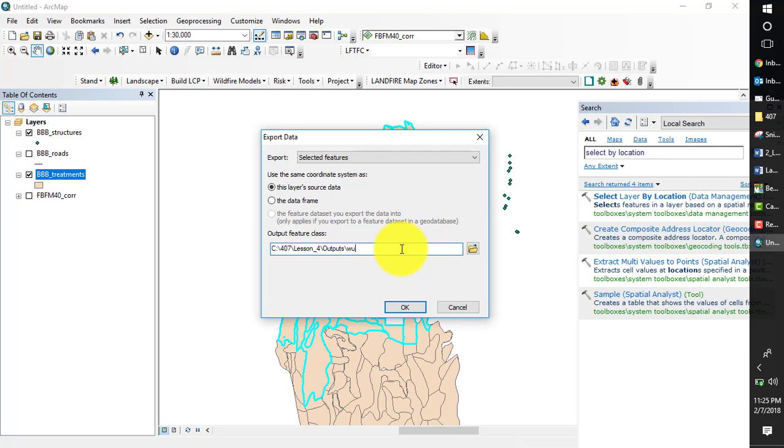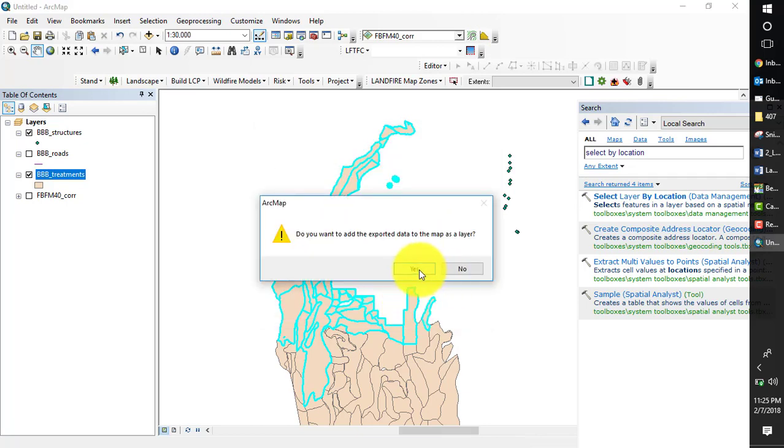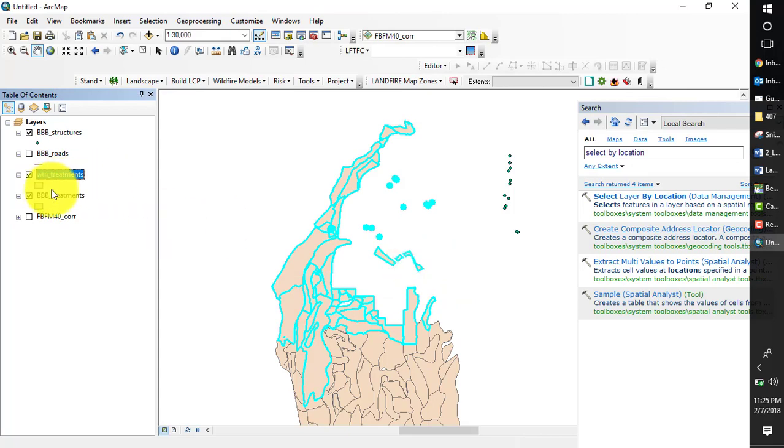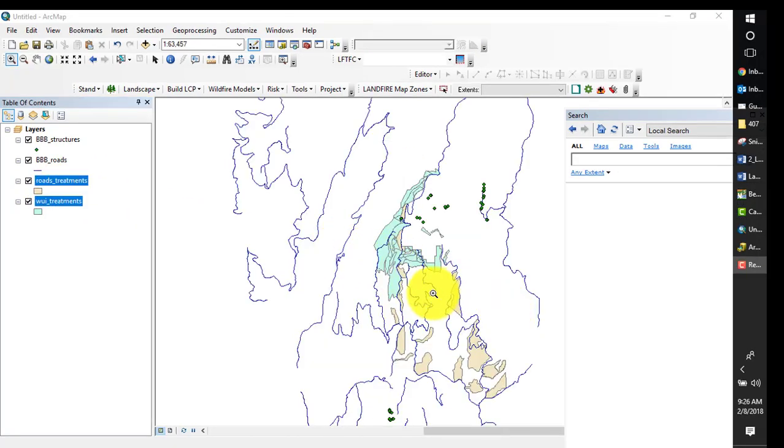We'll call it WUI treatments. And yeah, we want to add it. Now we're going to be converting our new polygons to rasters so that we can use them to modify our raster values. So we're going to go to the conversion tools,